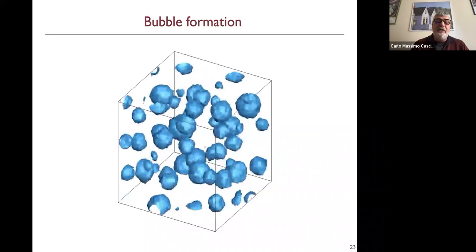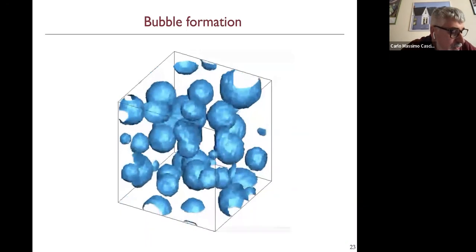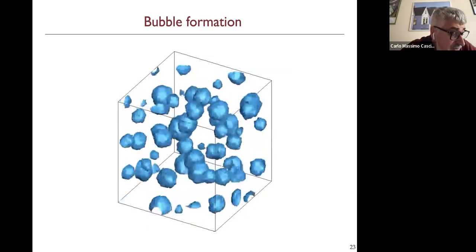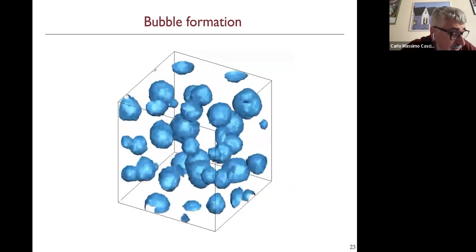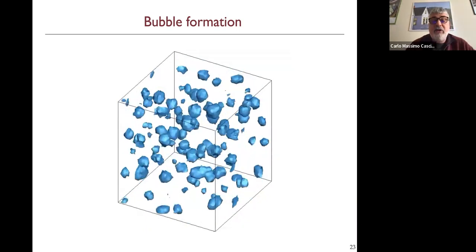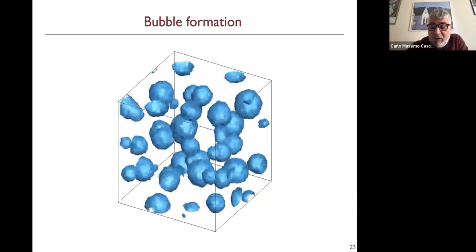So in a certain sense, we have succeeded in building a model which is able to start the nucleation process by itself, being endowed with equilibrium thermal fluctuations, which are consistent with the thermodynamic properties of the